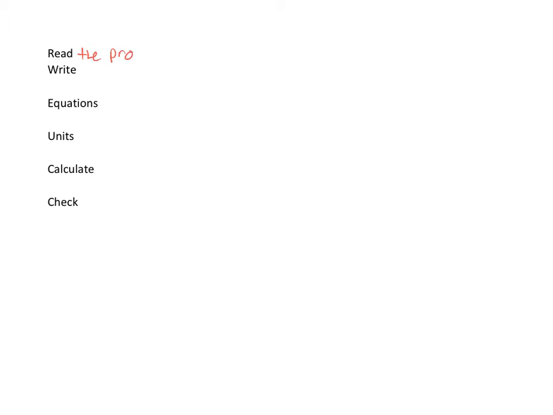Read it completely through. Okay? Don't worry about where you're trying to go, what you're trying to get. Just look at it. Now, there's going to be times when you're like, oh, I know exactly how to do this. Get started. Just start working through it. Don't worry about the rest of this. Go ahead and work through. If you are stumped, though, the next thing that I suggest you do is write down the info